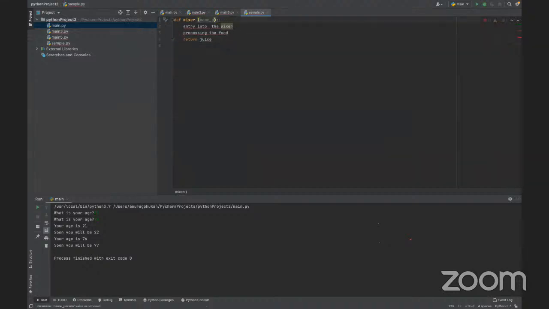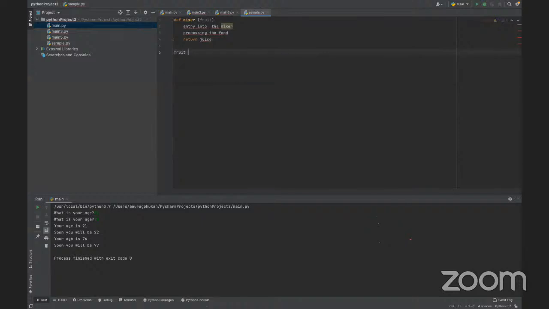But what will you put into the mixer? It can be mango, apple, orange, anything. This is known as parameters. Whatever you are entering or feeding into the function is known as parameters. You don't know how this will work, so let us assign a variable, namely fruit. If we take this from the user,